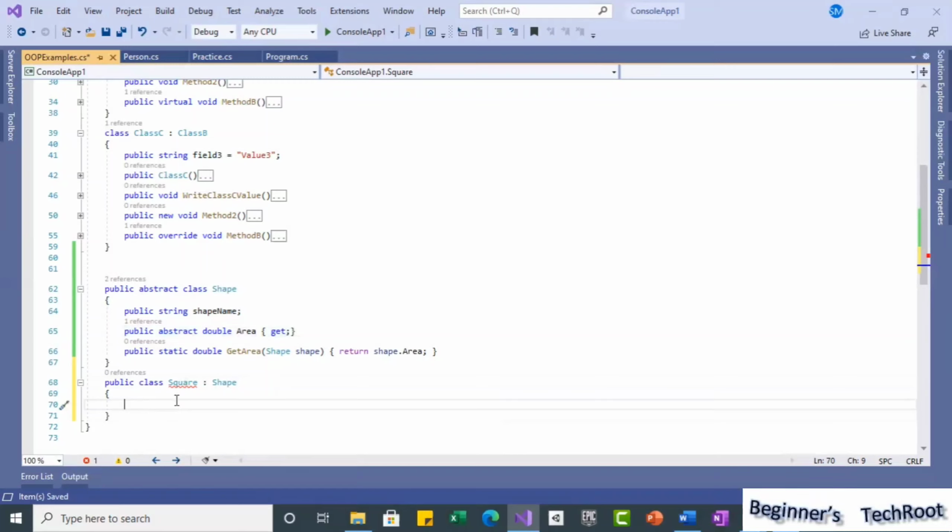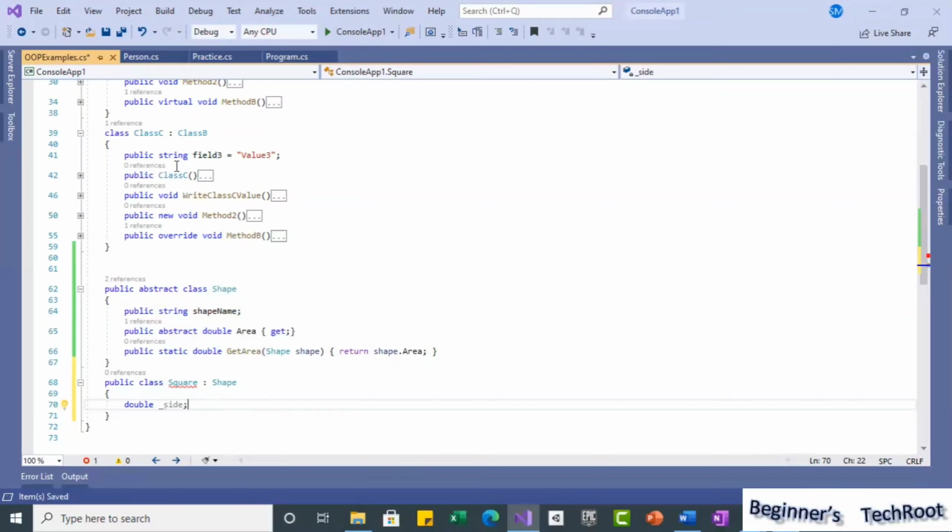So now first, inside, we will define a specific local variable of this class with the double type, and I will define the variable using an underscore: _side. Why? Because the square will have a specific property, the side.